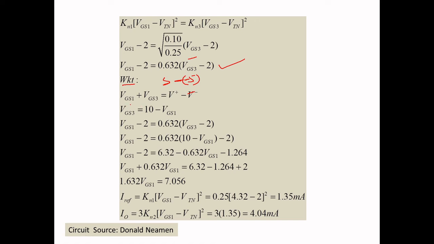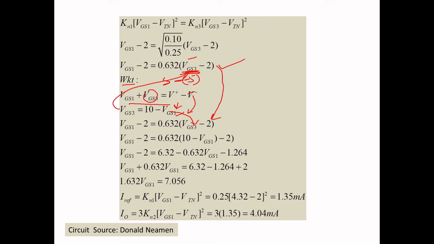So when you substitute the given values in this equation, I have got VGS3 equal to 5 minus of minus 5, that is 10 minus VGS1. From this equation it was obtained. Then I am substituting this VGS3 in this equation here. Okay, so VGS1 minus 2 equal to 0.632 times (VGS3 minus 2). I have written again this equation. I am substituting this VGS3 here. So if you substitute, you will be getting VGS1 minus 2 equal to 0.632 into (10 minus VGS1 minus